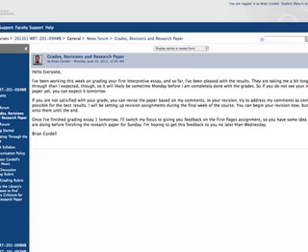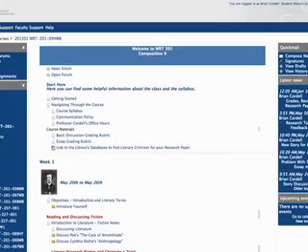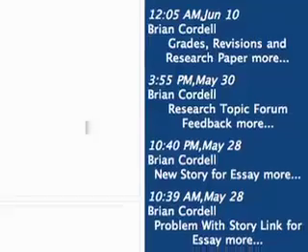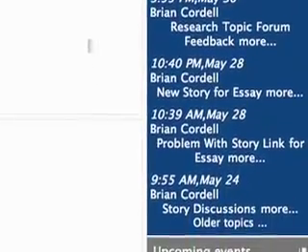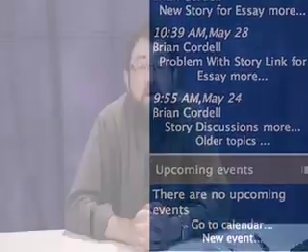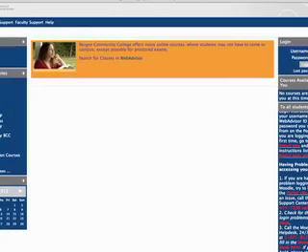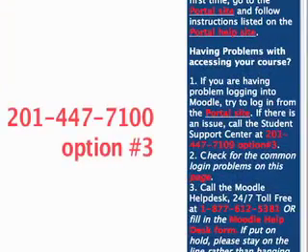In addition to being posted in the forum itself, news topics will show up in the latest news column in your course, and all of these, along with any email communications, will be sent to your Bergen email address. If you find you're having any trouble at all submitting assignments or logging into the Moodle shell and things aren't working correctly for you, it's important to remember that on the Moodle login page there is a contact number for technical support, and they can help you through any technical difficulties that you may be having in the course.